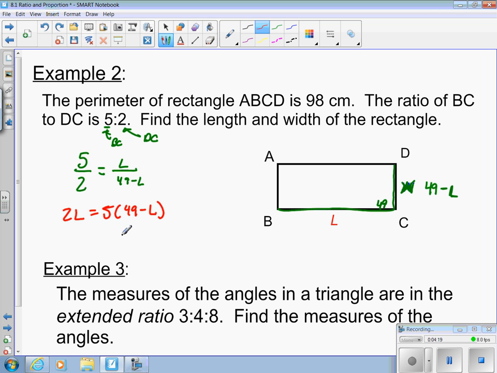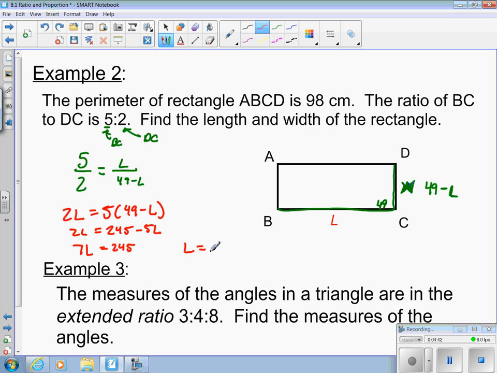So 245 minus 5L equals 2L. I'm going to add 5L to this side and get 7L equals 245. And when I divide that by 7,